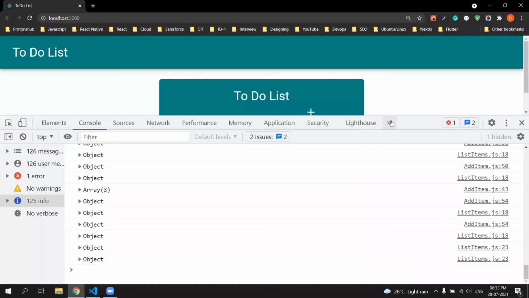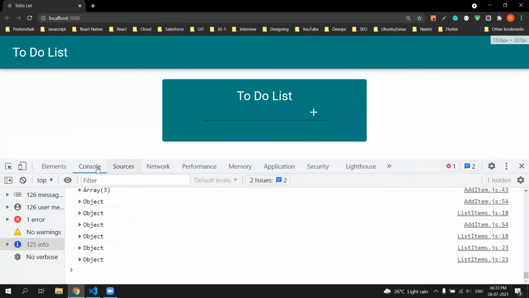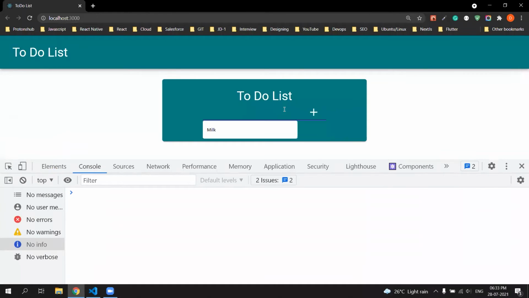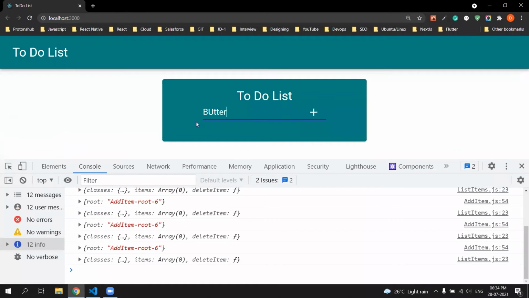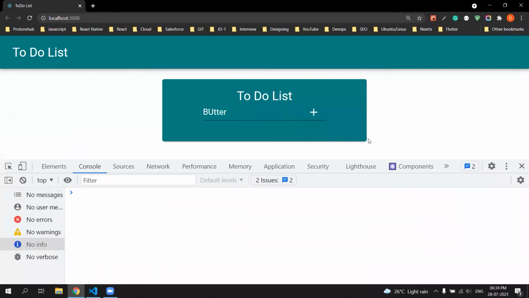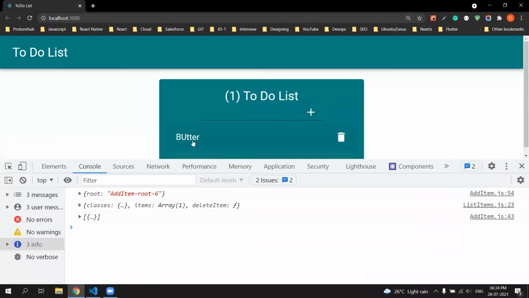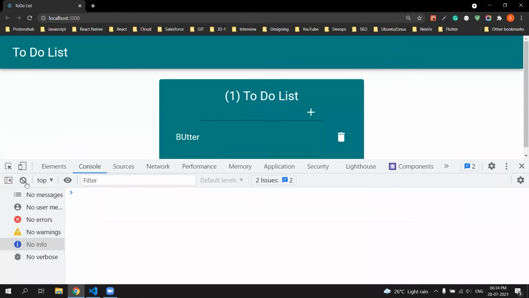Let me clear this. If I add butter, my list is working just fine. Now let's click on this. We should get the id, which is 123456.